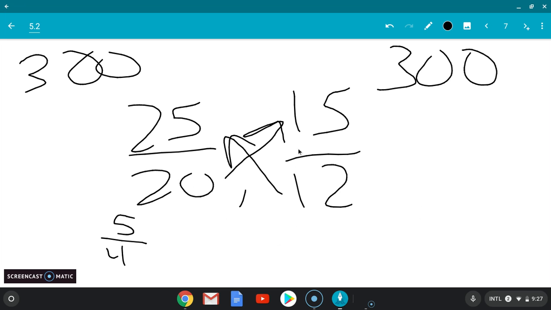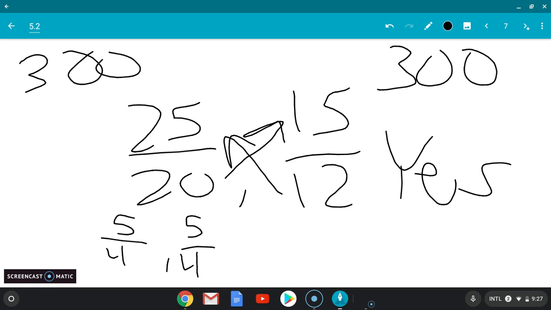Okay. 15 and 12 are both divisible by 3. 15 divided by 3 would be 5, and 12 divided by 3 would be 4. So you can see how both methods work. Okay, so this one is a yes. All right, so your problems are going to